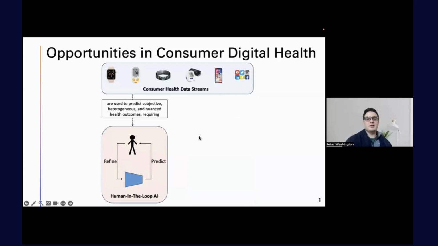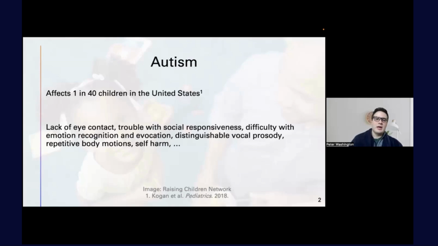And so I'm going to talk about both in this talk, and I'm going to start on the human in the loop AI side of things. I'm going to talk about the human in the loop AI side of things in the context of predicting autism in pediatric populations. So if you're not familiar with autism,